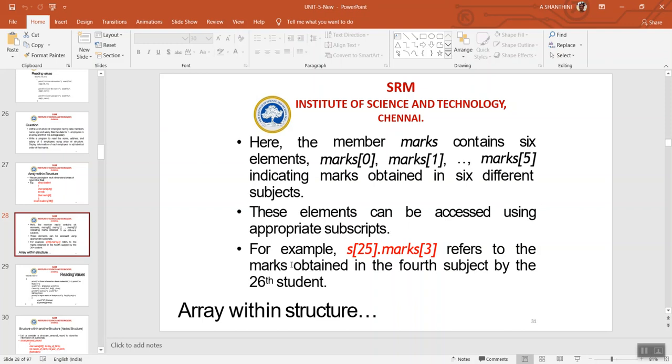For example, if I want to access the 26th student's 4th mark, then I have to give ST of 25 dot mark of 3, because our array index starts from 0 till n minus 1. Okay, so for example, here as you see, ST of 25 dot mark of 3 refers to the mark obtained in the 4th subject by the 26th student.